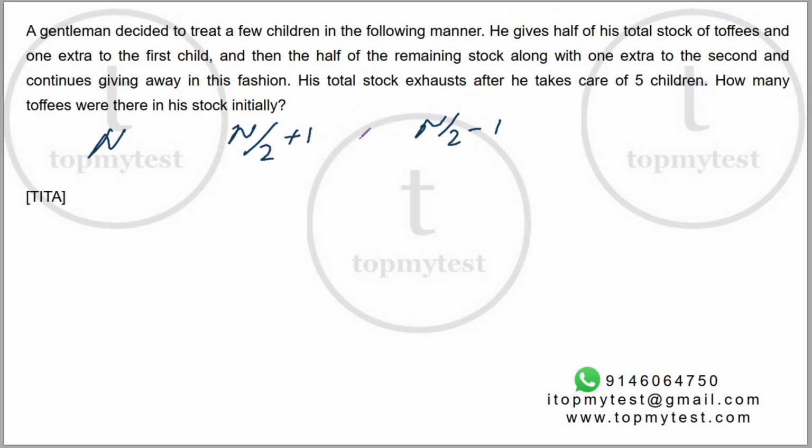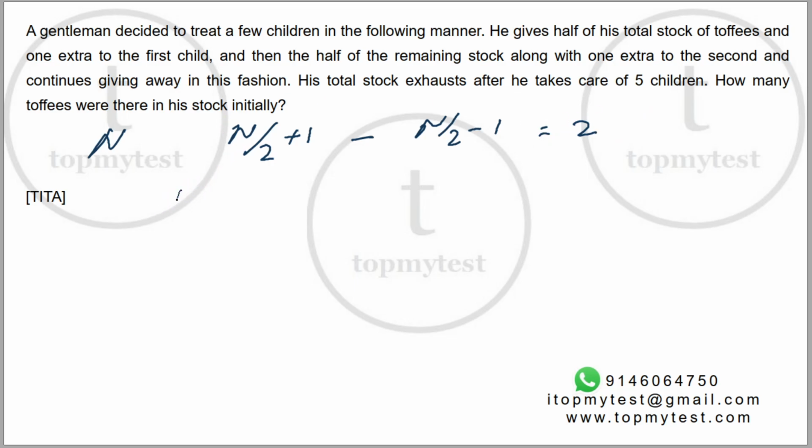Now, we can do this pretty elegantly just by observing this part. So the difference here is he's giving one extra and is losing one extra. So the difference between these two values would be 2. If you take the difference between these two, it would be 2. And this will be constant. To everyone, he gives half plus 1, so he's left with half minus 1. So let's try to use this and solve this.